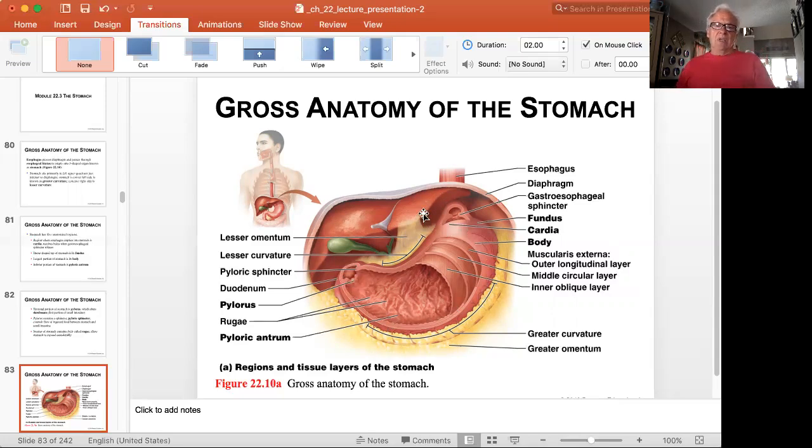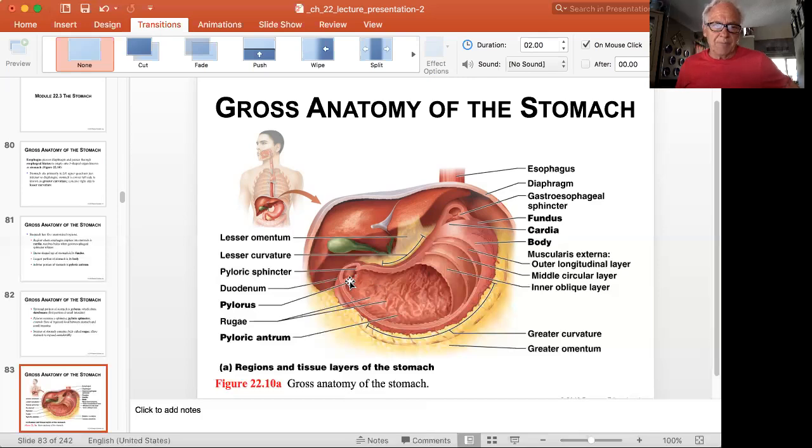Okay, so again, the diaphragm, the hiatus of the diaphragm, or the opening of the diaphragm, the lower esophageal sphincter. The fundus of the stomach is right here, this dome-shaped region of the stomach. This over here is the cardia part of the stomach, and the big rest of the stomach is the body. Then down in here you have the pyloric antrum, this region right here. Then you have the pylorus, and then the pyloric sphincter, which is the muscle that controls the movement of food from the stomach